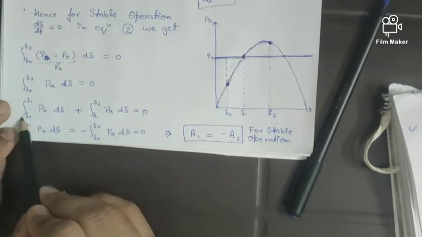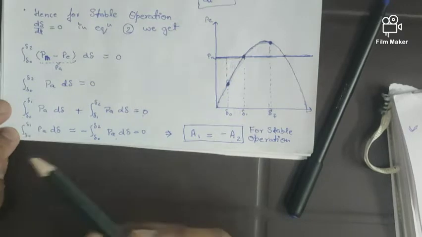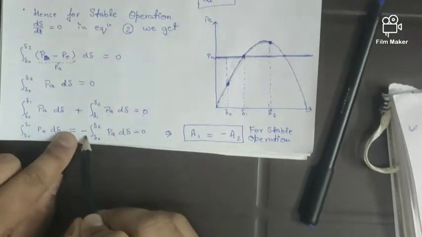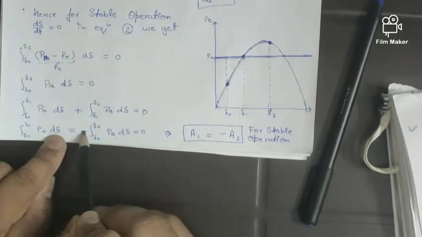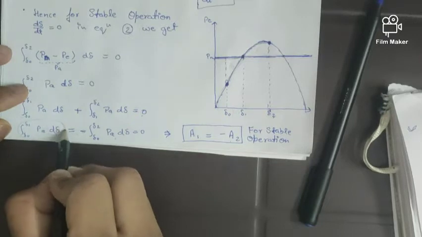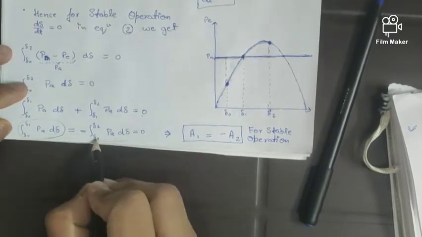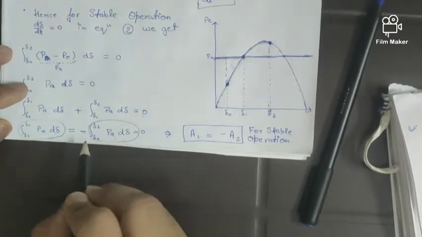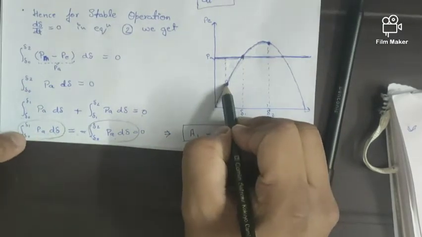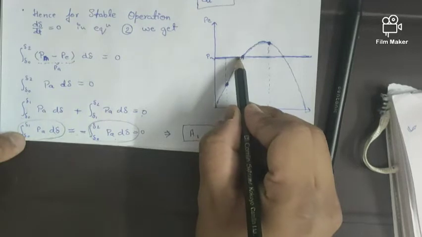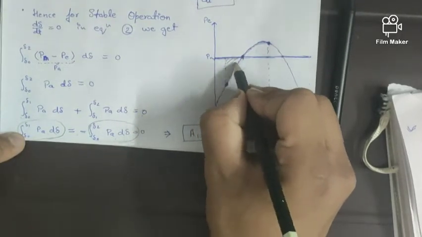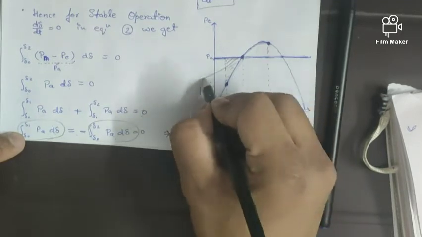So integration of any curve will give area, as you already know. So if we equating this part, this will become minus. So this is the area which is called positive area, and this is the area which is called negative area. So integration of P mechanical minus P electrical will give some area between that P mechanical input and P electrical. So that area will be this area, which is denoted by A1,